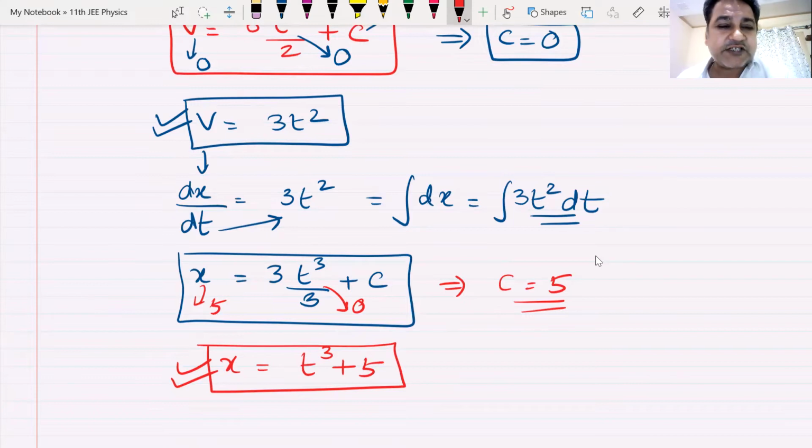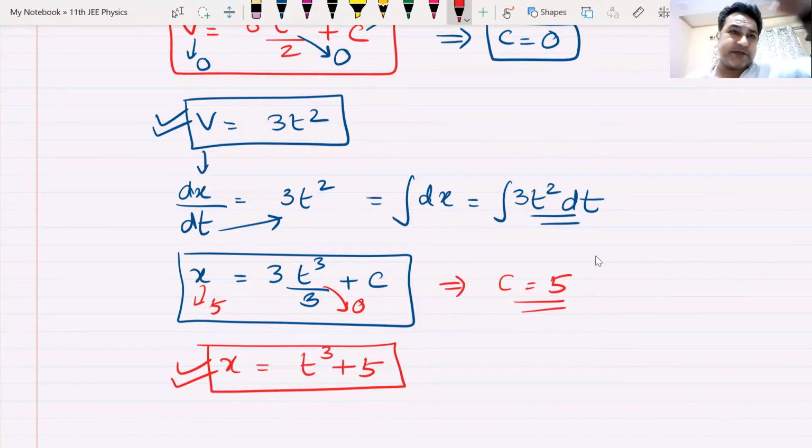We've come to an end of this chapter, motion in one dimension. We have seen that when a particle moves along a straight line, it is known as motion in one dimension. We have seen its equations. We have seen equations when the acceleration is constant. We have seen equations when the acceleration is variable. We have seen graphs. We have seen the position time graph whose slope gives us velocity. We have seen the velocity time graph whose slope gives us acceleration, whose area gives us distance and displacement.